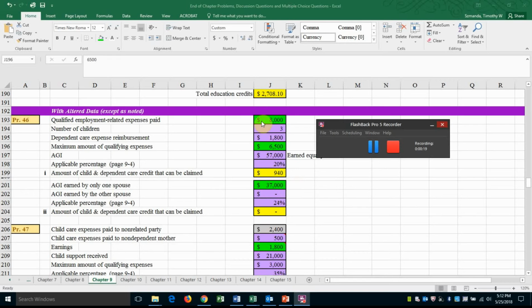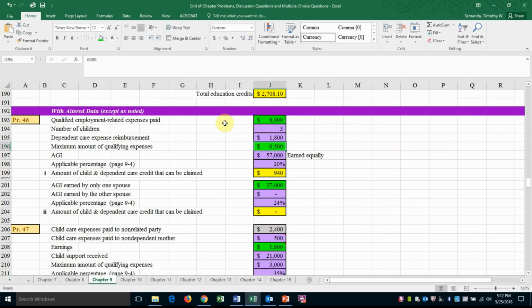Employment-related expenses paid by this couple was, using my data, which is altered, $8,000. The problem says $7,900. 3 kids, $1,800 reimbursed by the employer, and then maximum qualifying expenses for this couple is $6,500, and that information is given in the text. AGI of $57,000 earned equally by each of the spouses, so neither had an opportunity to stay at home to take care of the children. Based on their income, looking on the table on page 9-4, they're at the 20% of their